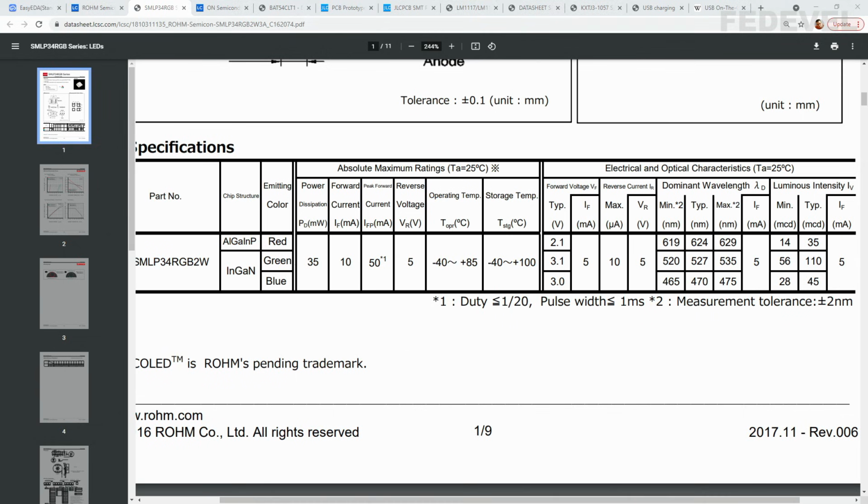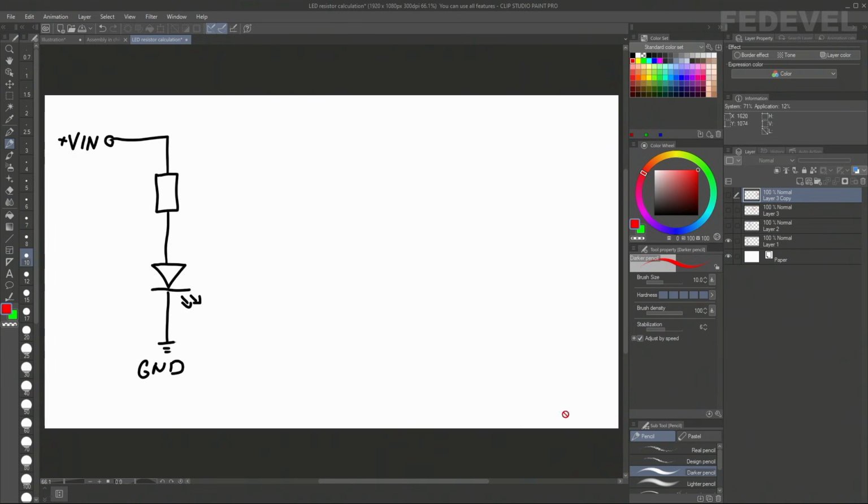Let's go back to our simple circuit, and I'm going to enable this next layer, which is telling us what we already know. Okay, so this is the voltage across the diode, 2.1 volt, and this is showing the current 0.01 amp or 10 milliamps, which we would like to have flowing through our circuit, through our resistor and through our diode.